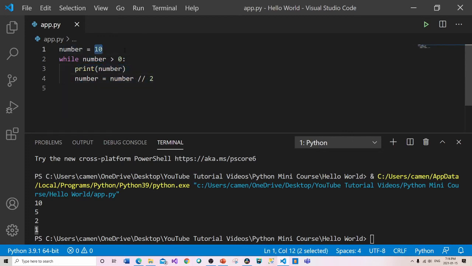So we start off at 10. We go to here and we say, hey, is number greater than 0? Yes, that's true. So print out the number 10. But after you've printed it, then I want you to take 10, divide it by 2, which is going to be 5. Assign 5 over to this number, and then go back to line 2 and reevaluate the condition. Is 5 greater than 0? Yes, it is. And repeat the loop until you get down to this situation where you can't divide by 2